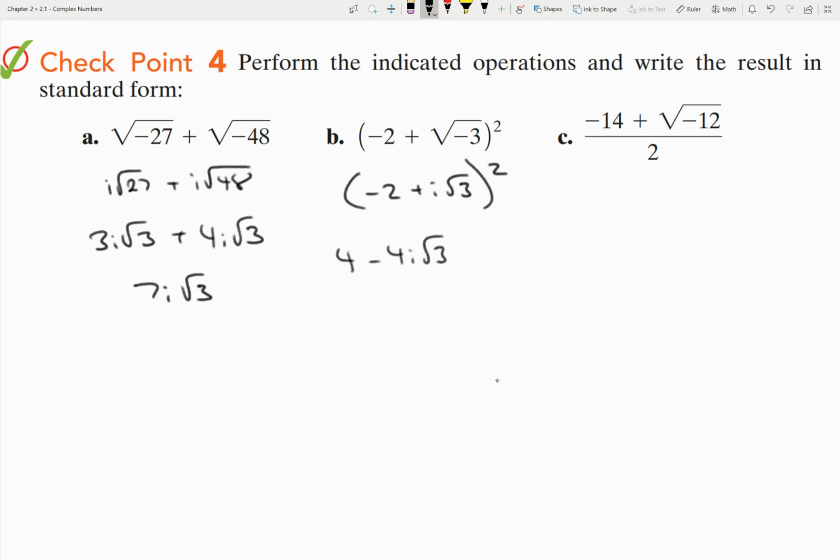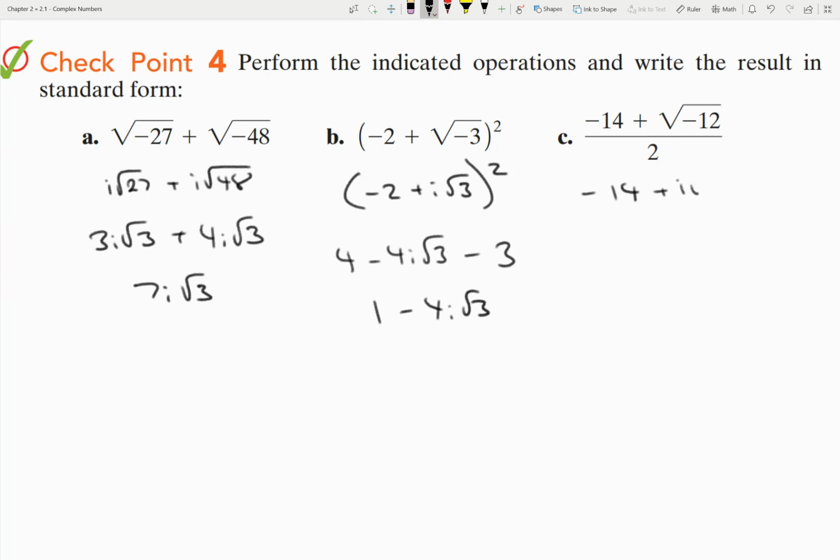And that would be minus 3 on the back side. i squared, radical 3 squared to give me a minus 3. So that would be a 1 minus 4i square root 3. Last one,